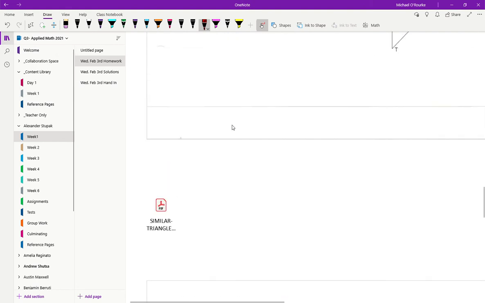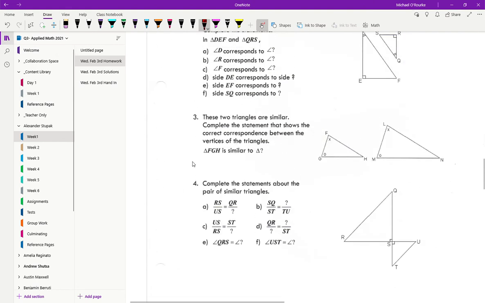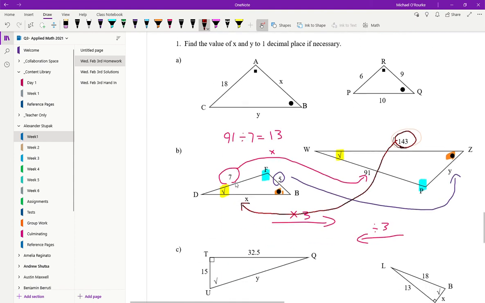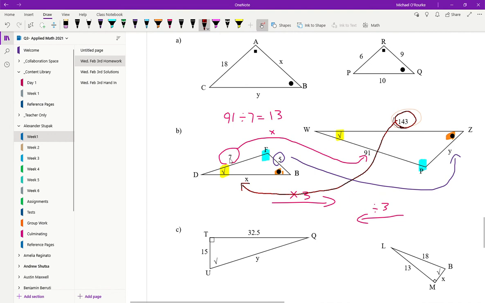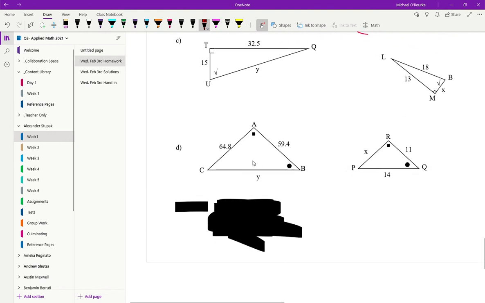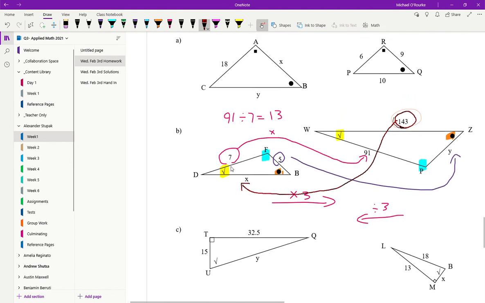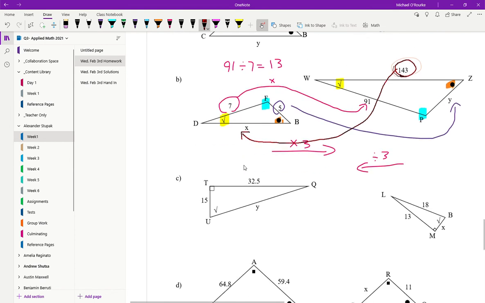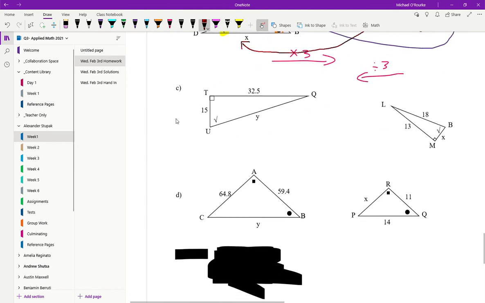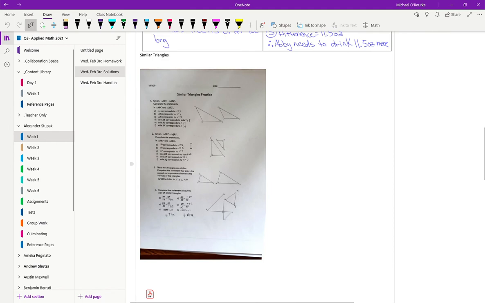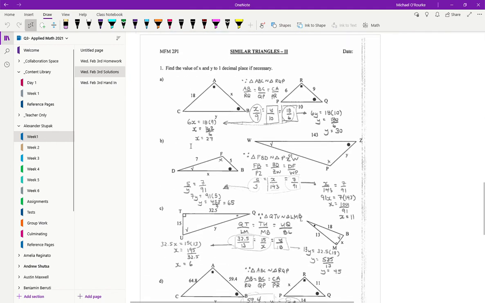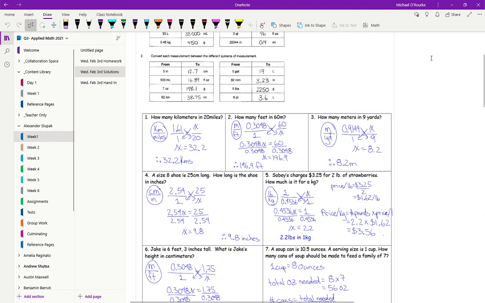So don't do this page of homework. But I want you to do the bottom page, which is 4 questions. One easy, gets a little bit harder, then 2 of the tougher ones. If we make it through these first 2, fine, I'm happy. If you make it through these 2, I'd be impressed, but don't be too worried about it. And as always, the solutions are right here. But I want to see you guys work